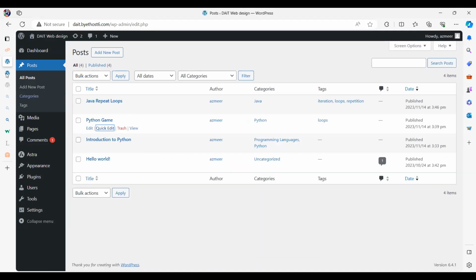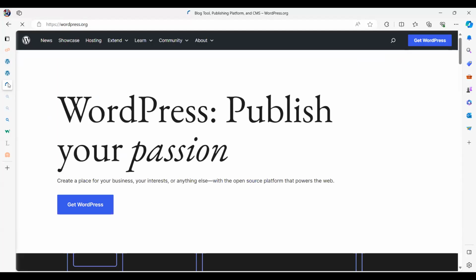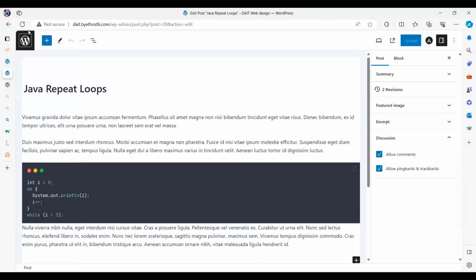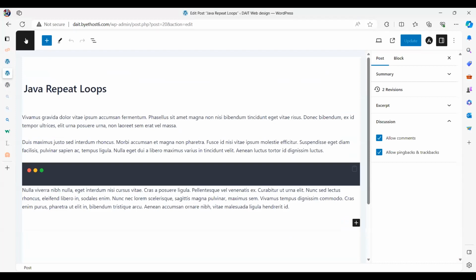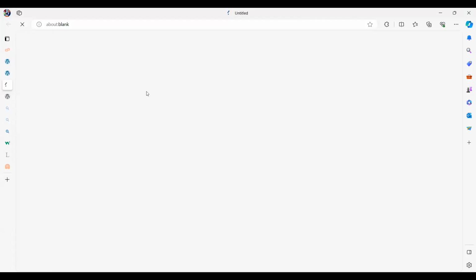Now let's go to an article now. This one. Okay, reload this article, Java repeat loops. Oh, it's the edit window.